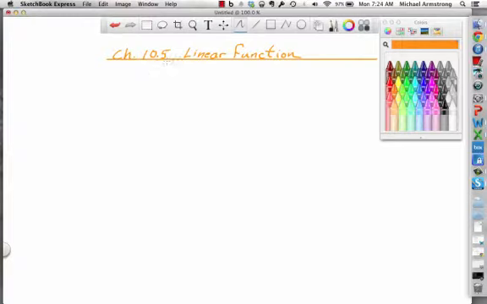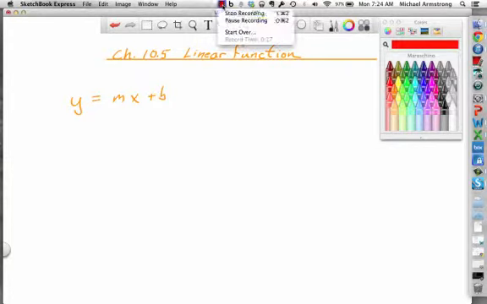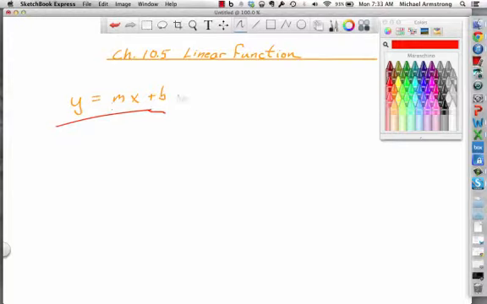Okay, this is chapter 10.5, linear function, and first we have to get the idea of a new formula. And this is y equals mx plus b. Okay, so this formula, y equals mx plus b, has several things. The m stands for the slope, and the b stands for the y